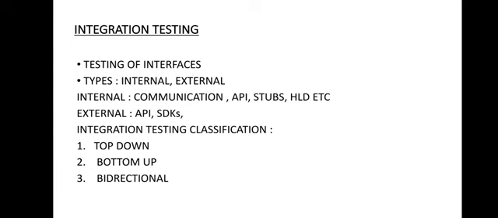Now there is an important term that is known as defect bash. Before that, I will talk about two main kinds of integration testing, classified as top down and bottom up. You can see at the end of the slide. Top down integration means integration from top to down. That means we have to integrate the components from top to down. So what is this top to down? Basically, top down integration is based on the assumption that all components provide all interface requirements of other components even while other components are getting ready.